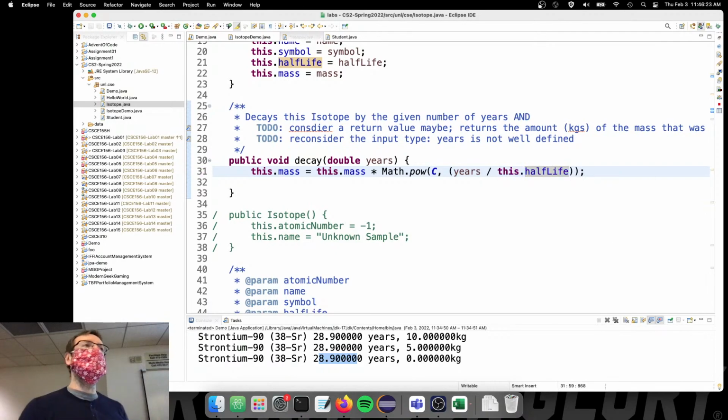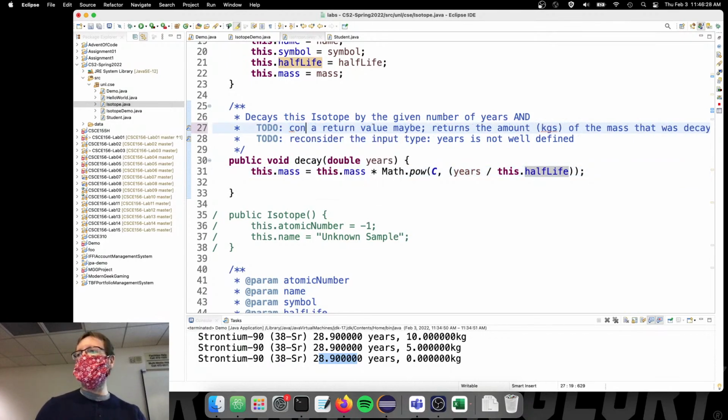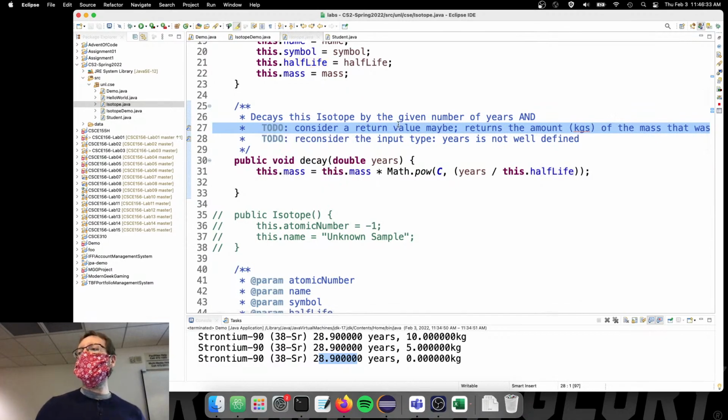So always get in the habit of using the this keyword. Now let's come back up here and spell consider correctly. Right? And let's take care of this to-do. Should we have a return value maybe? Right? How much did it decay